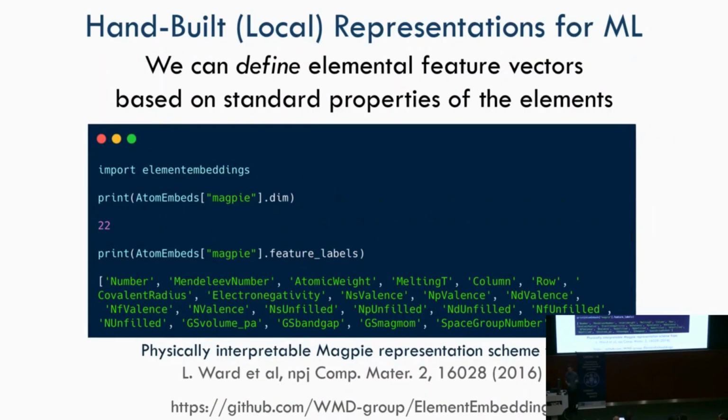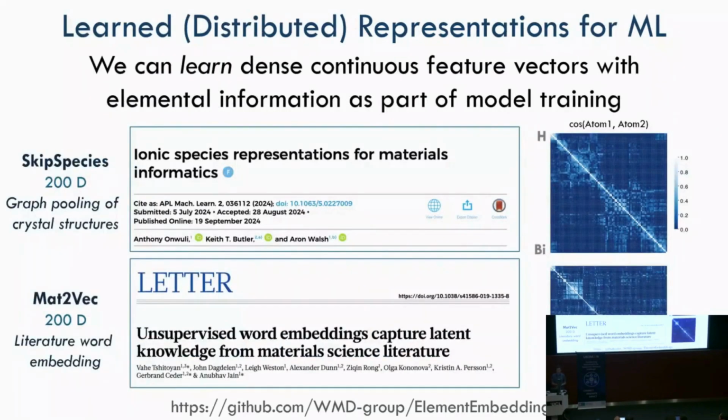And what people found is that this was a very effective input for supervised machine learning. So if you just took a one-hot vector or some other description, it did much worse than taking this sort of chemistry-rich vector as an input. But clearly a human built this, and it's quite limited in terms of the information that it encodes. So I would say the second wave of interest was moving to learned or distributed representations. In those cases, you want to learn a continuous vector from a data source.